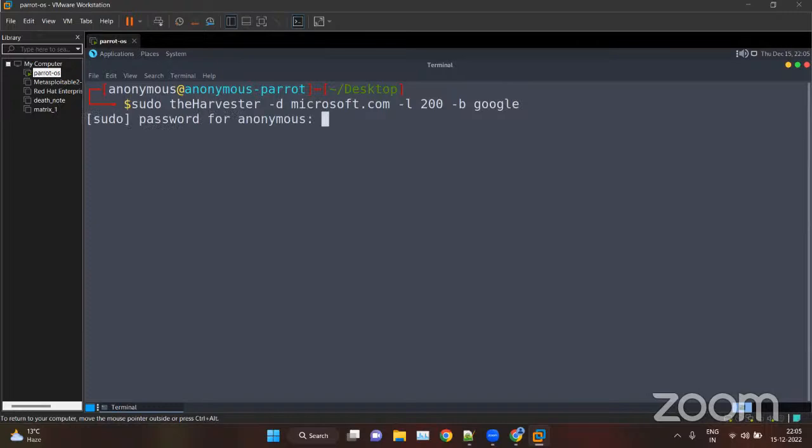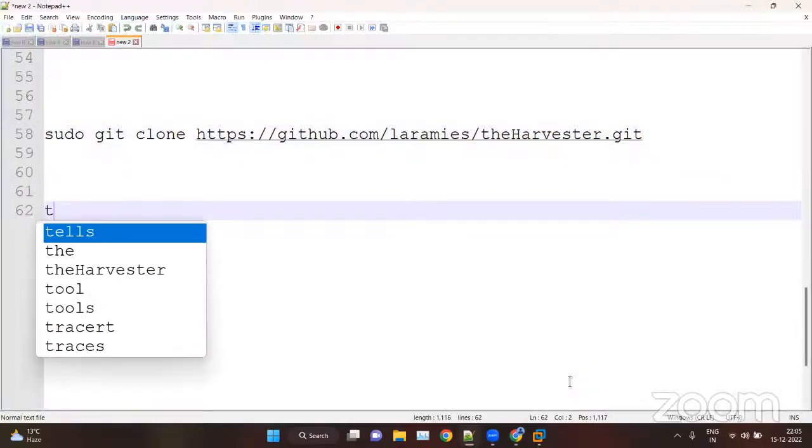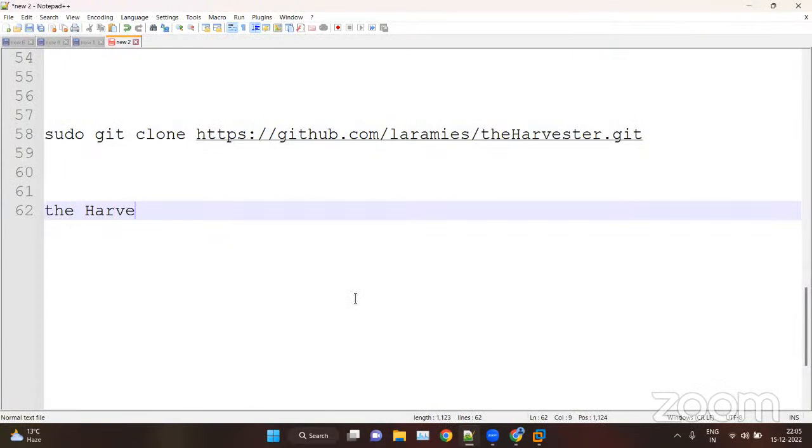Password. So, wait. Hyphen d for the domain, theHarvester, hyphen d for the domain, that is Microsoft.com. Hyphen l for the limit, 200.